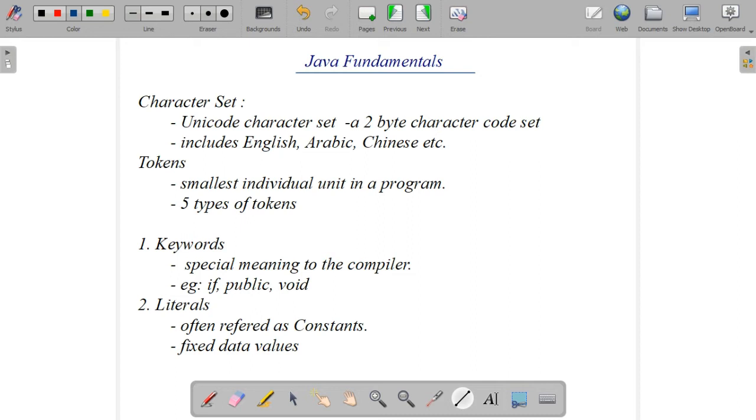So what are keywords? Keywords are the words that convey special meaning to the compiler. These are reserved for special purposes and we will use them only for the particular purpose. Then we can't use those keywords as normal identifier names. That means we can't use class or any keyword as a class name, variable name or method name. We can't use them as an identifier name. Okay, that is the point.